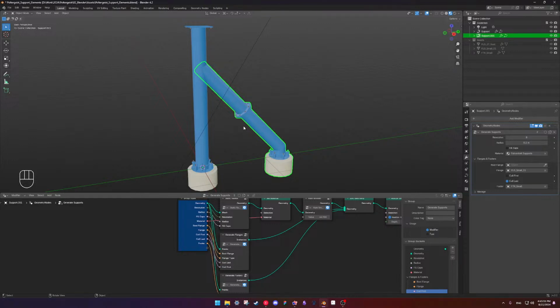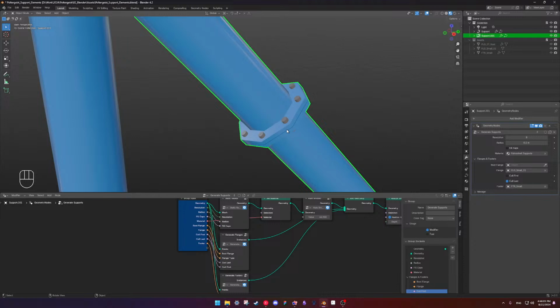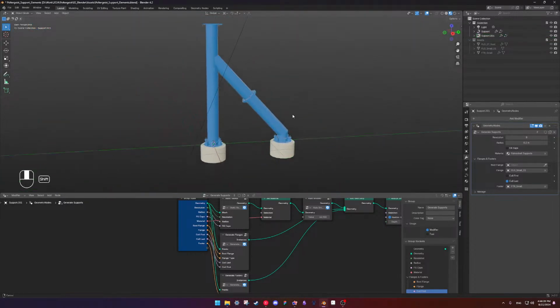I should create flanges also from geometry nodes, so I can use this resolution as well. And then instead of having the flange here, this would be like the bolts that I can add.